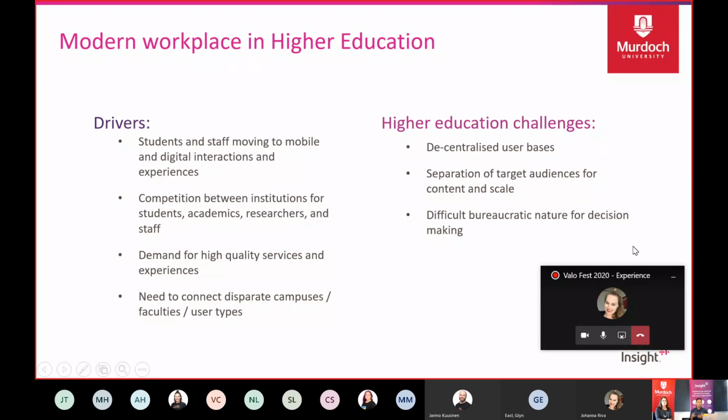In the higher education space, there's a lot of competition between institutions, both locally and internationally, for students, academics, researchers, and even just the professional staff, to get the best out of your organisation and the higher education space. So you obviously want to draw them in with a top of the class, top line modern workplace, so that they know that they're going to be working in the best environment that's going to be for them. There's always going to be a demand for high quality services and experiences, which kind of leads into that competition as well. So you want your services and experiences to be the best in class,